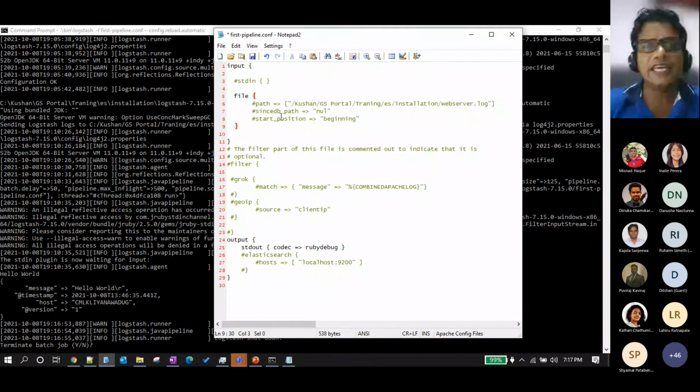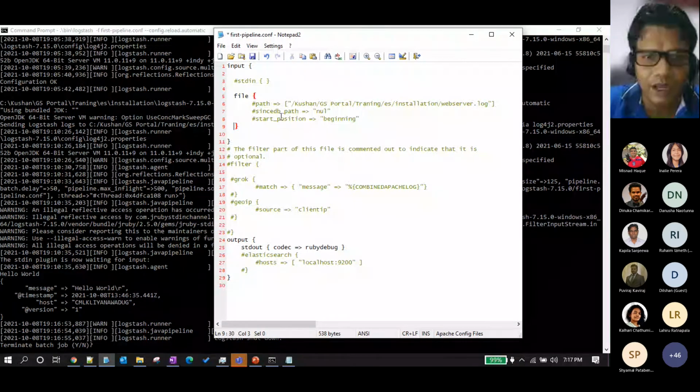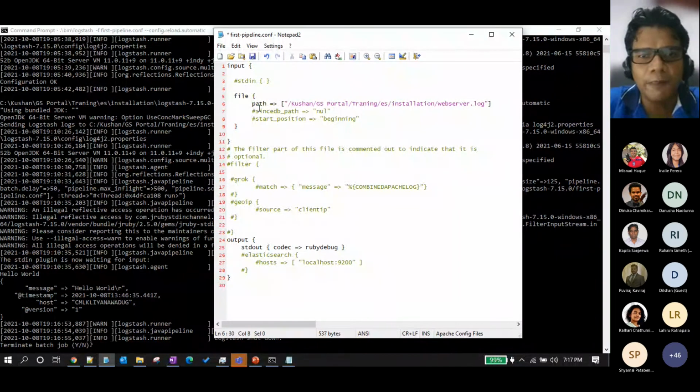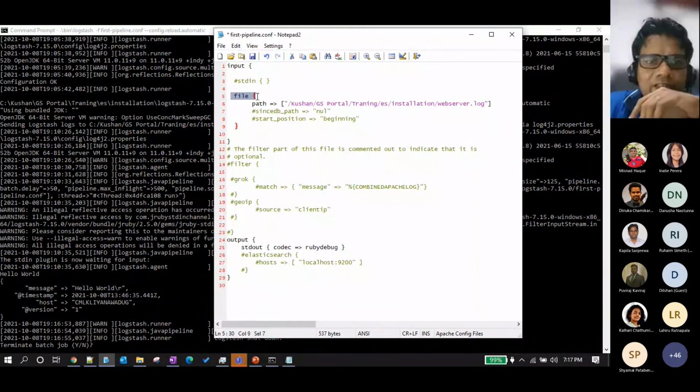Here I can use beats as a plugin as well, but I am now using the particular file, reading the log directly from the file. I am enabling the path. The file plugin has been enabled, and inside the file plugin I am using the option called path, and I'm pointing it to my web server log.